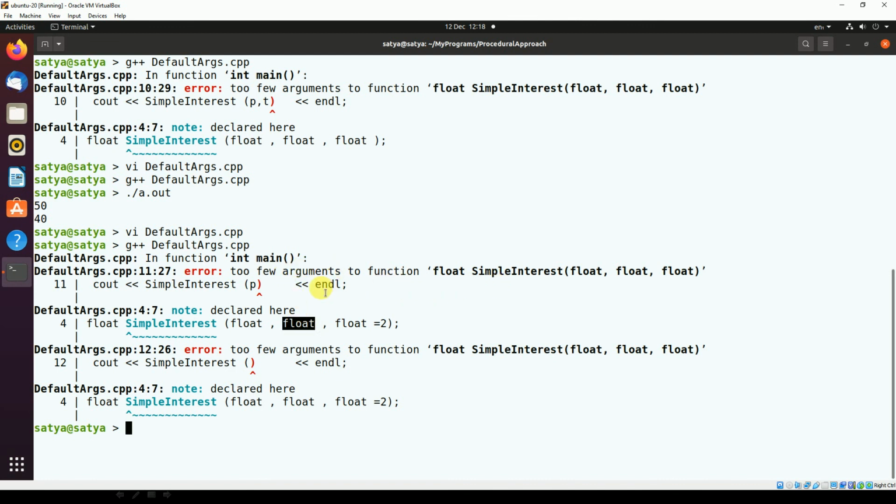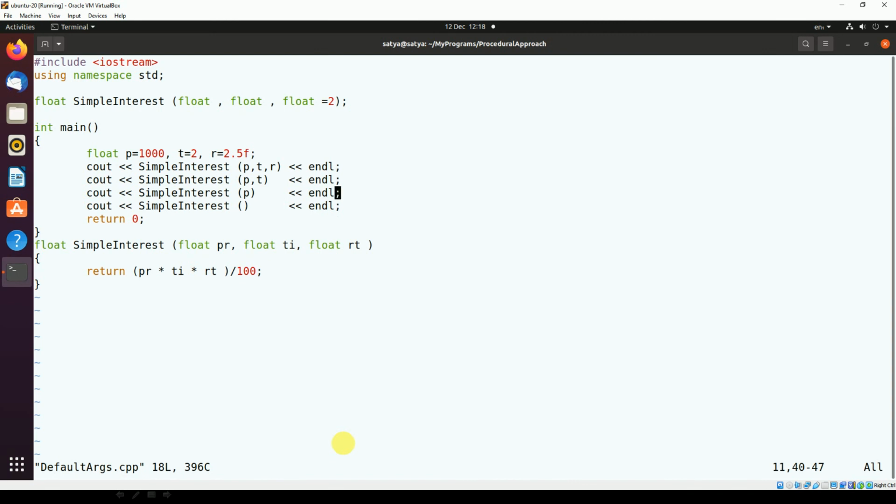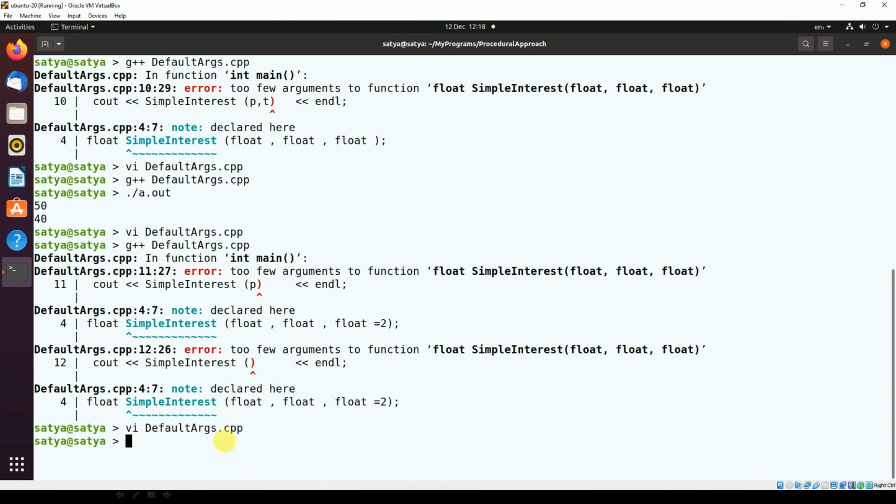I don't have any default value, so I am not getting any default value you provide me. Now the third way, with all three, but we have a default value only for the last argument. For the first two arguments we don't have default values, so again it will throw the error. So now what I will do is, I will just modify the code. Now default values I have given here. Next you can give it here, float. So here also I will give just 1. Now we will see. So here how many errors have we got? One, two errors we got.